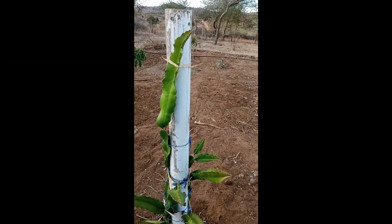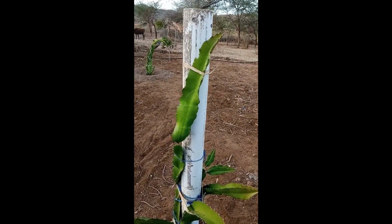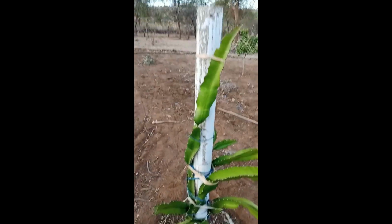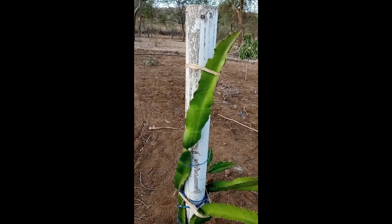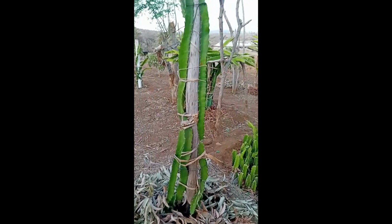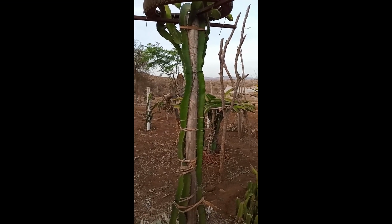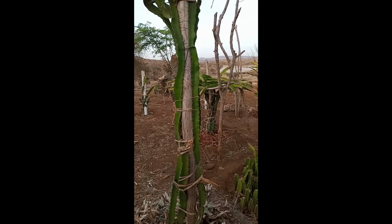This post is 6 feet from the ground. Therefore, you need to train them well up to this point. Now you need to train them upwards, like you can see on this post. This one is a bit lengthy, it's 7 feet above the ground, but we recommend 5 feet or more, so